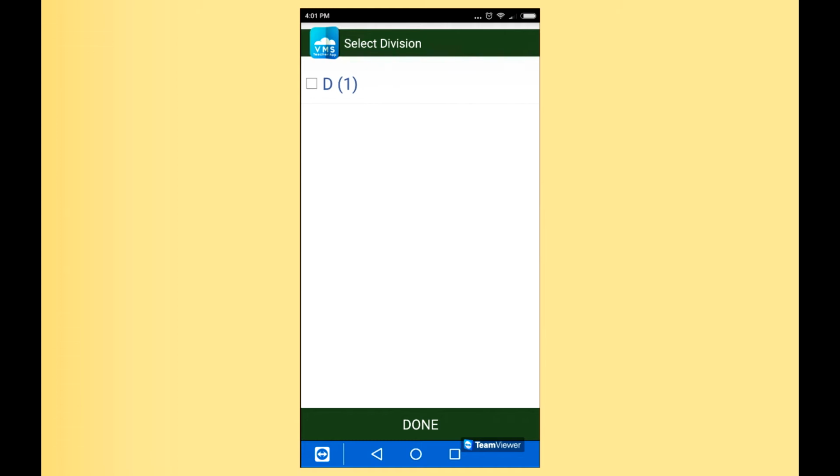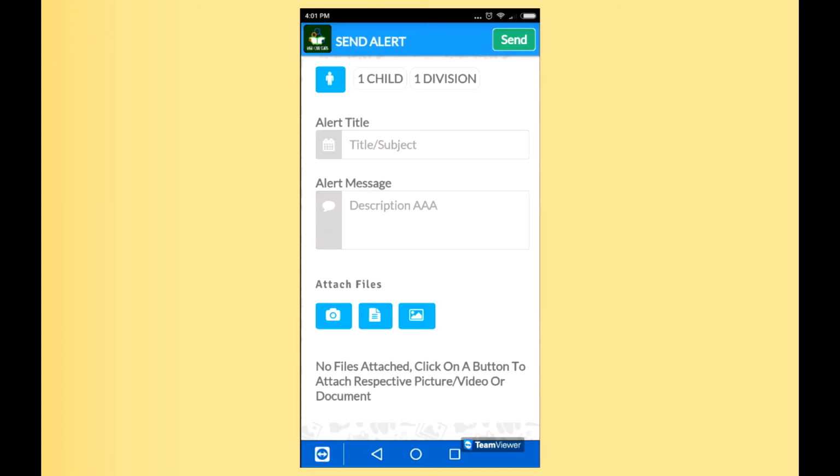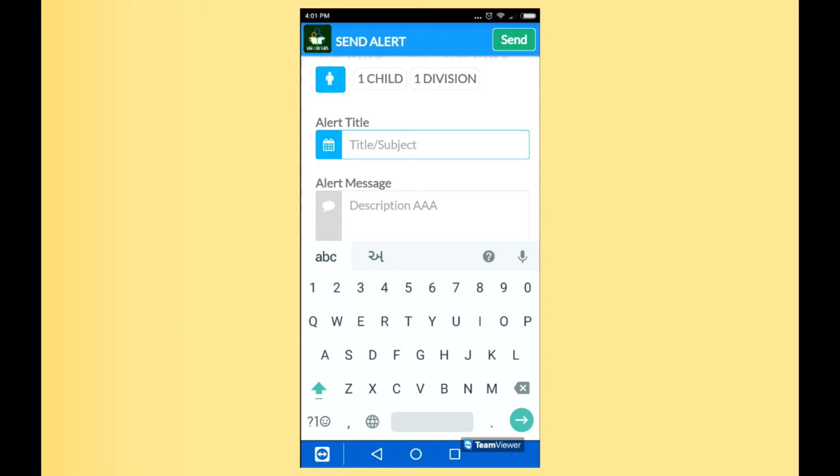If you have multiple divisions, they will be shown over here. So you can select the division. You can click on done. So here it will show you whether you are sending to one particular student or to a group of divisions. Here you can select the title, like if you want to send a holiday,